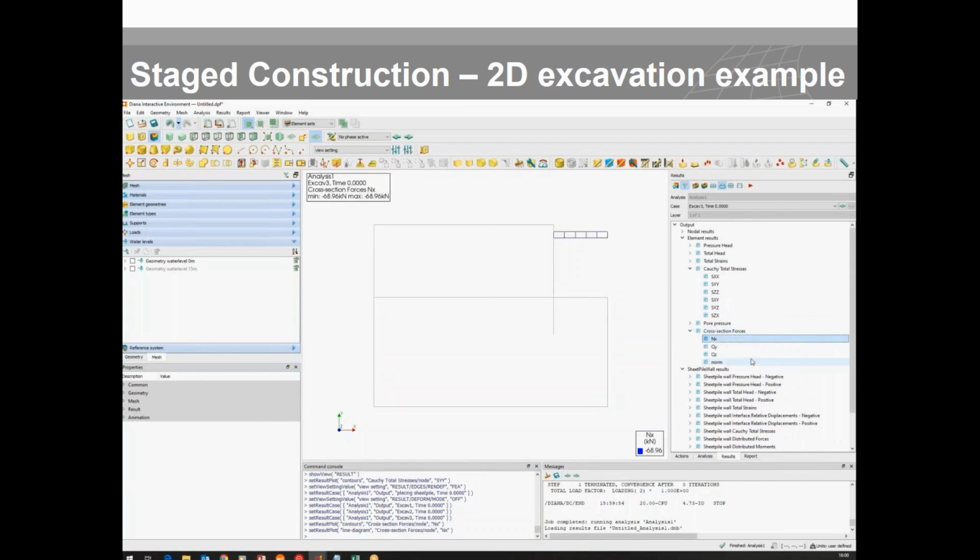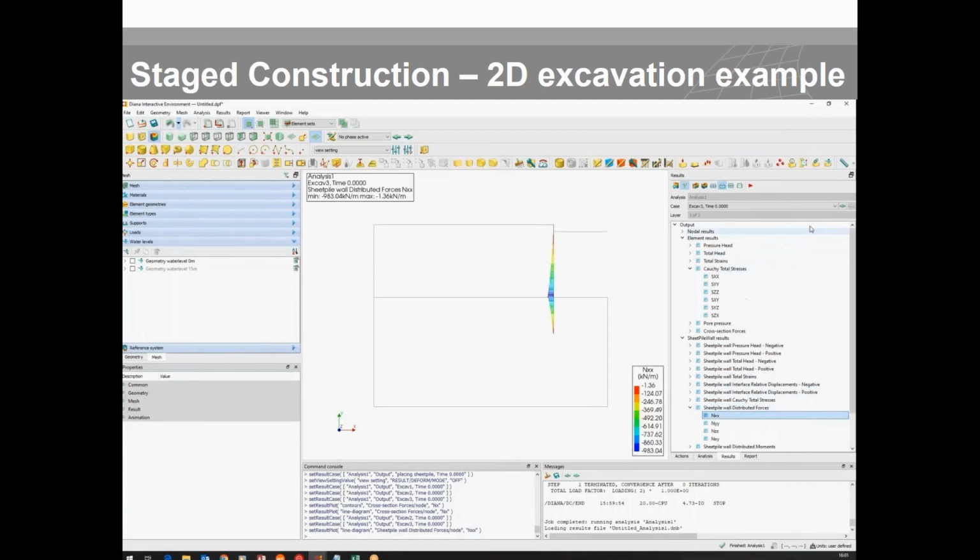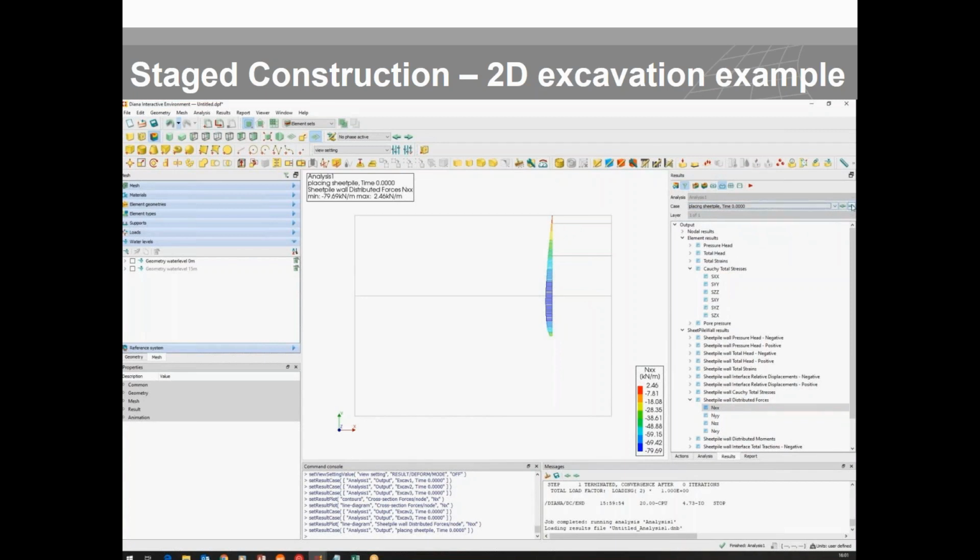We can see the force that is acting in the strut and the installation, and after that, as it goes through the excavation, the force becomes more active. For sheet pile, you can see the axial force, how it gets developed. If we go from phase 2 where we install the activation, we install the sheet pile. As we go through, you can see how NX axial force is